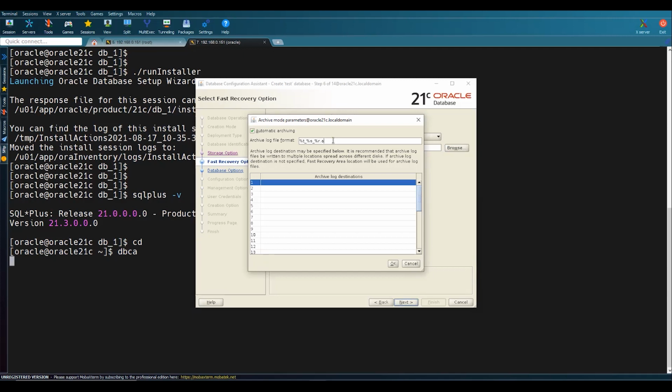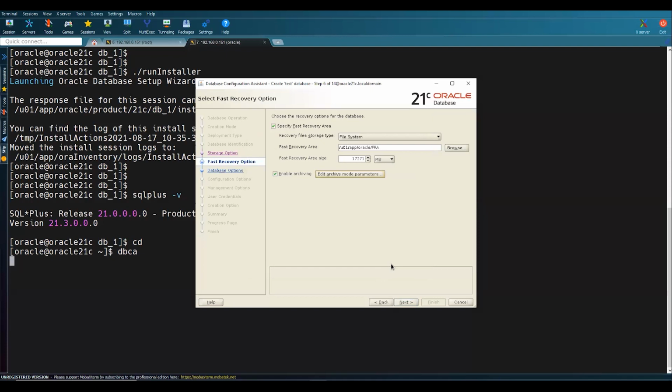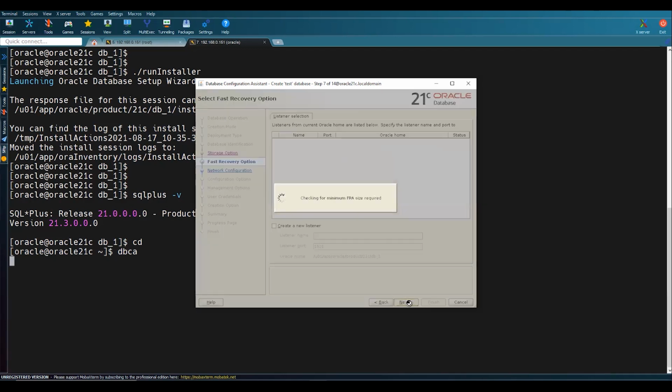I'll keep the archive format as ARC, and here I'm going to mention the archive log destination as location equal to /u01/app/oracle/FRA. So this is going to be my archive log location within FRA. If you don't mention any location, by default it goes to FRA only.